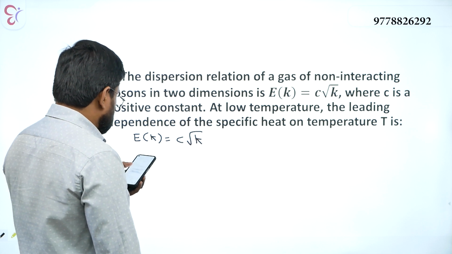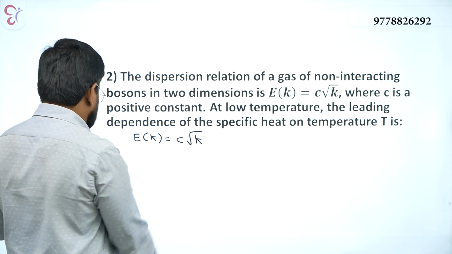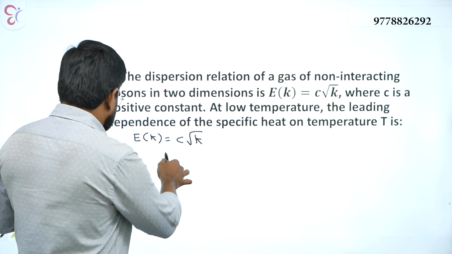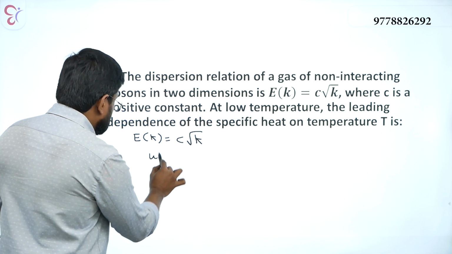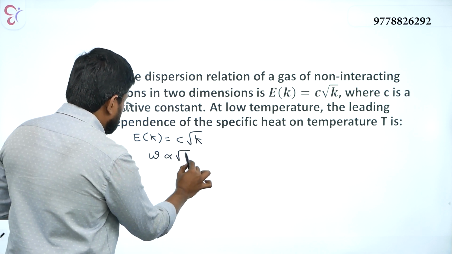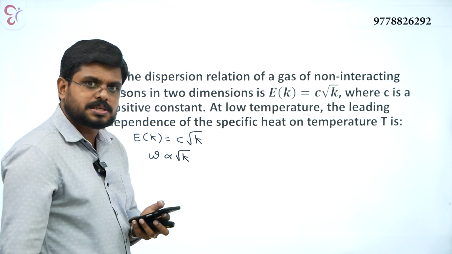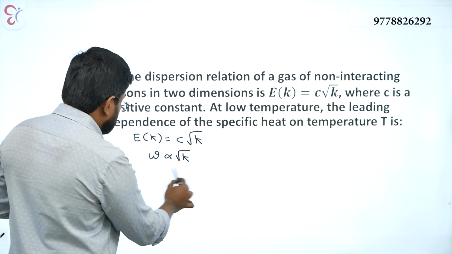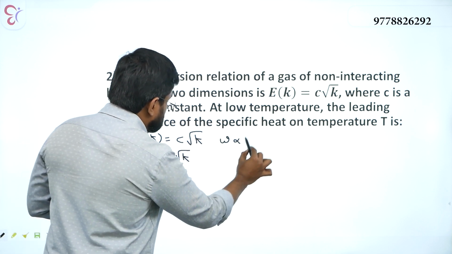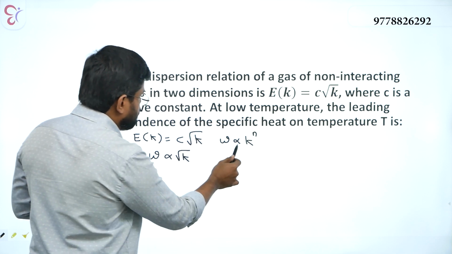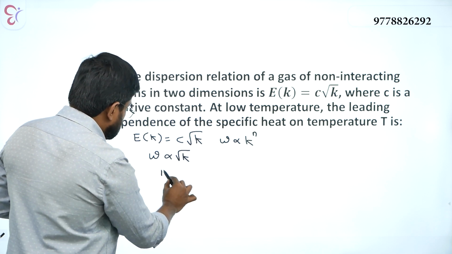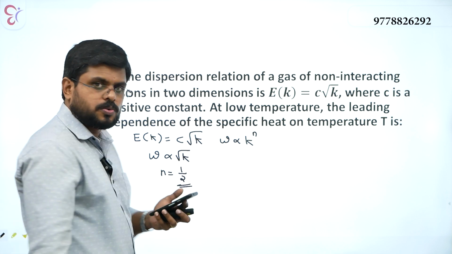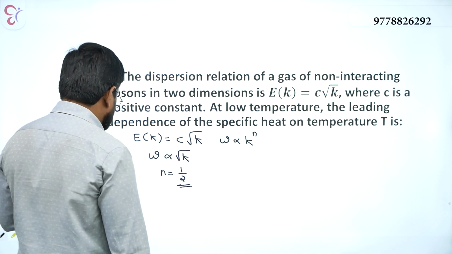So it is given as E of k is equal to C under root k. So we can say that here omega, the frequency, is directly proportional to root k. Since frequency is directly proportional to root k, we know omega is proportional to k power n. Here n is equal to 1 by 2, isn't it? So here, since n is equal to 1 by 2,